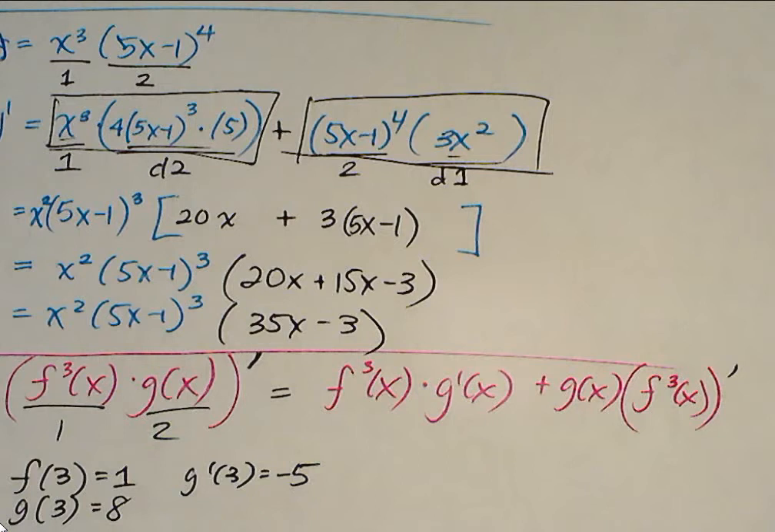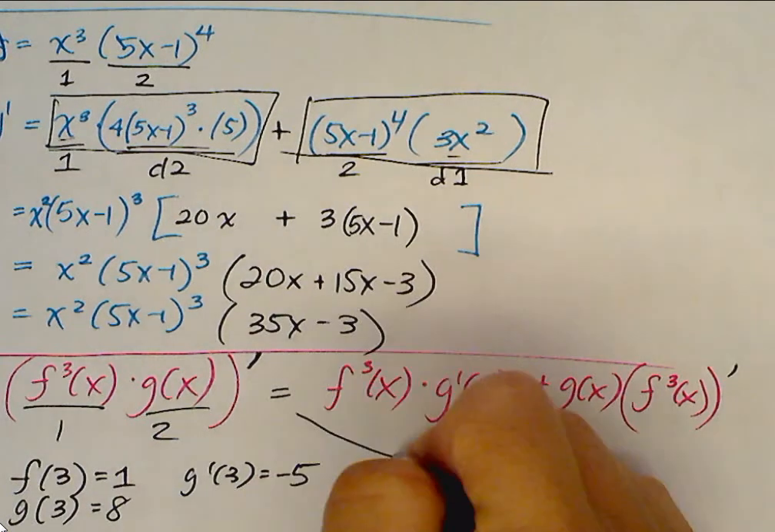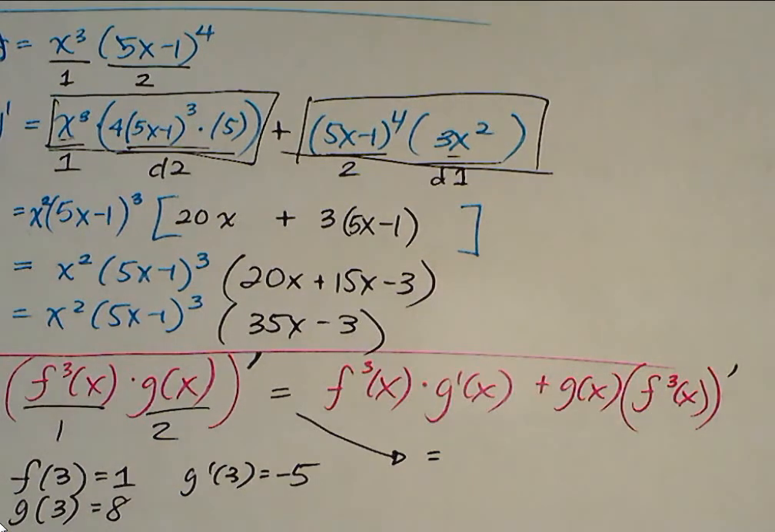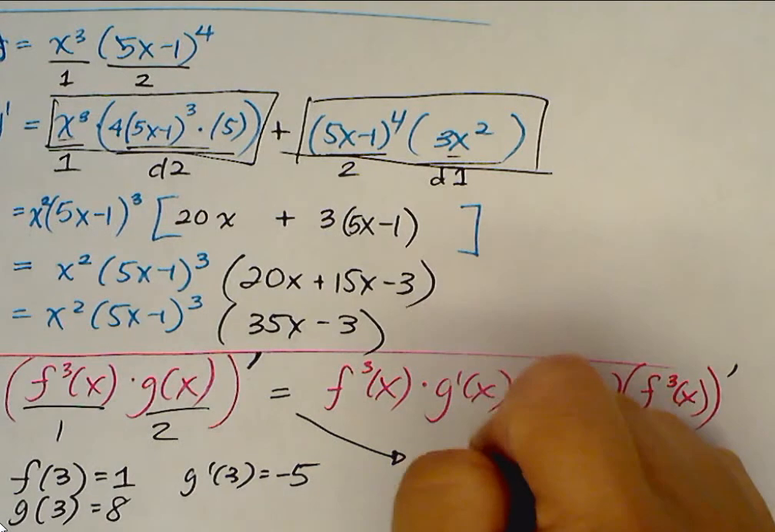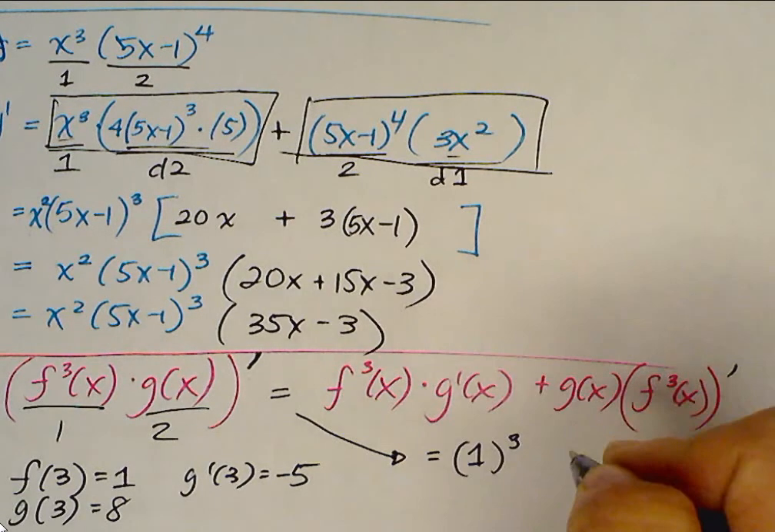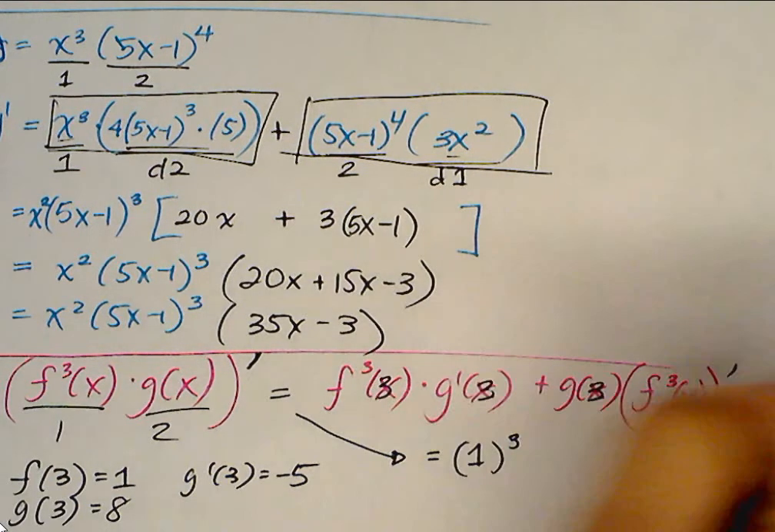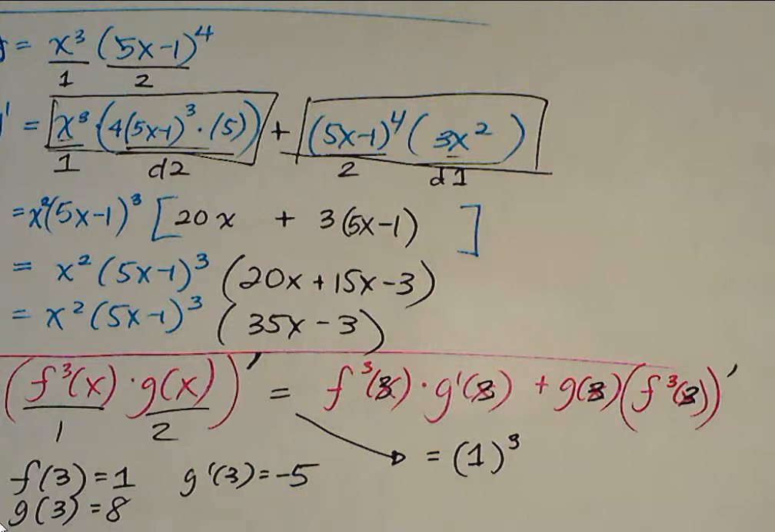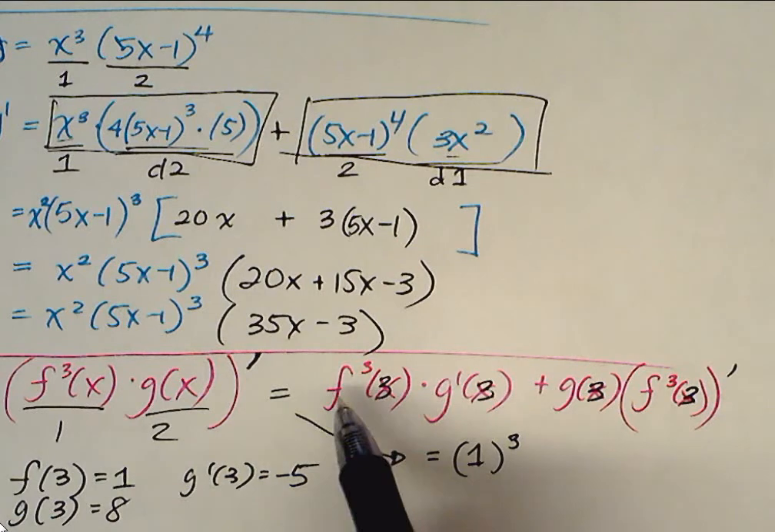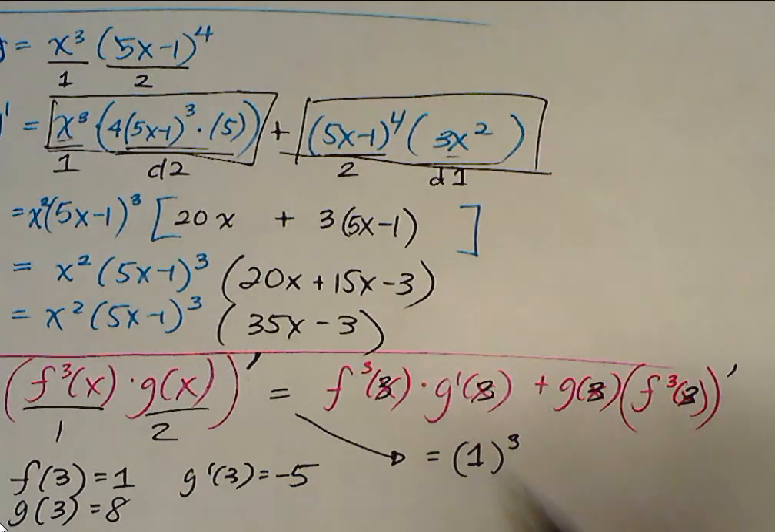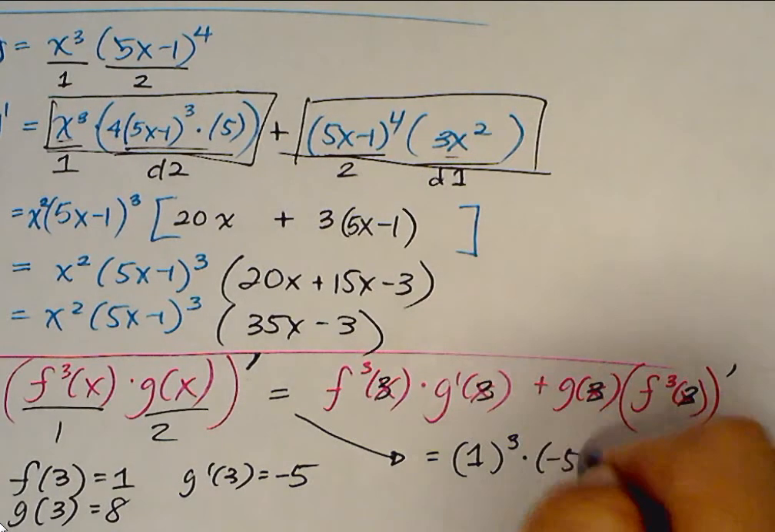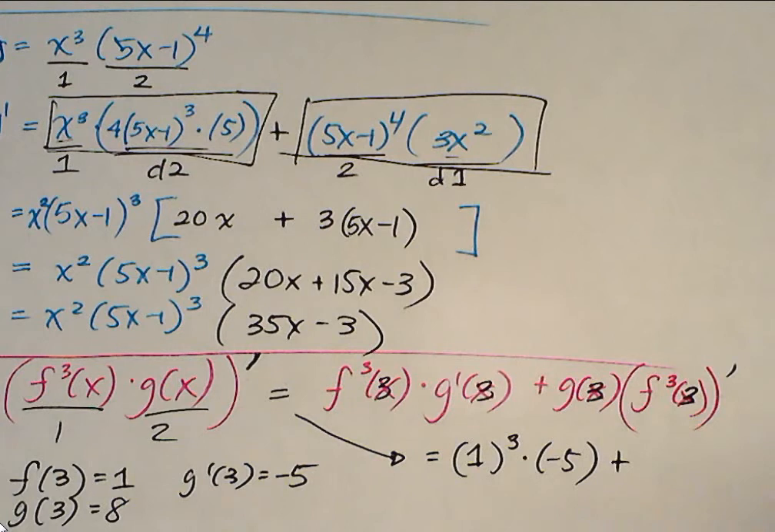So here we have f of 3 is 1, so that's 1 cubed. Yeah, because basically now we're doing 3, 3, 3, 3, right? F of 3 is 1, and this is saying f of x cubed, times what's g prime of 3? It's -5, plus, this is a good AP problem, by the way. G of 3 is 8 times,